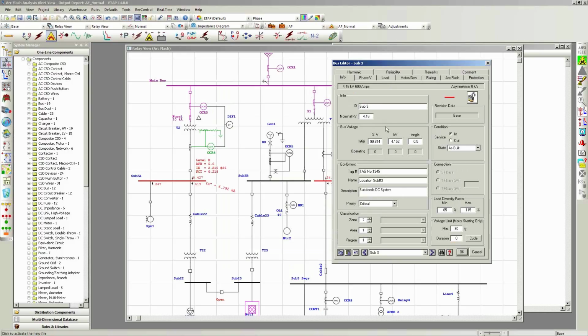This is where you specify the name of the element, but most importantly, there is also an equipment tag number, an equipment name, and an equipment description. The text that you enter here typically helps you with maintenance logs. Maybe you want to track when the last maintenance was performed. Maybe you want to have the location, right? So for example, if you have